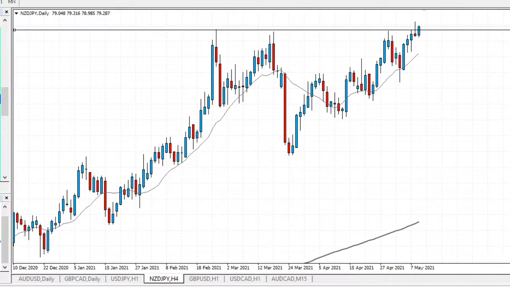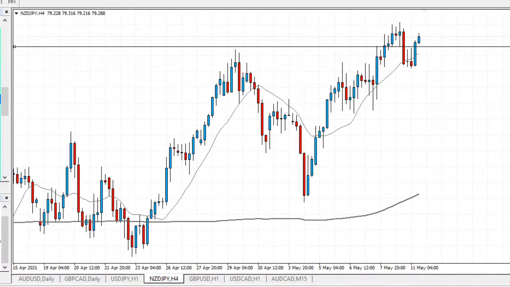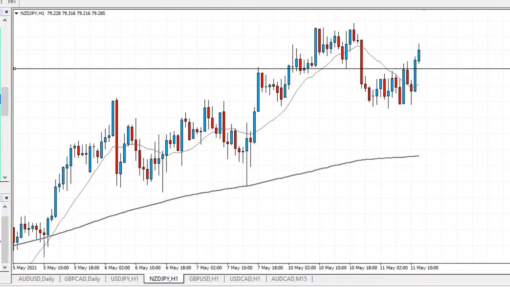I do see more upside potential for this pair. You can see on the 4H, nice bullish engulfing. Looks like we're pushing onto the upside after that. So yeah, do expect to see more upside potential for these pairs, back to highs and potentially even further, maybe to the 80 mark for NZD-JPY. Right now we're trading around 79,286, so yeah, 80 sounds very reasonable for this pair to push on to